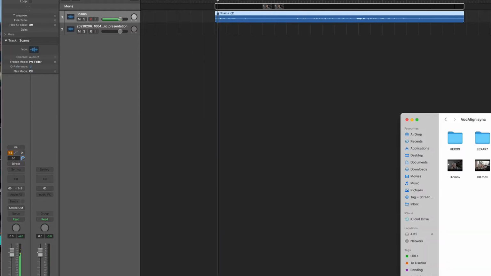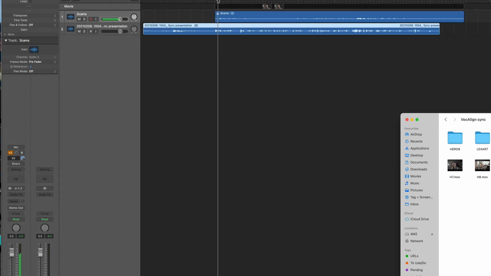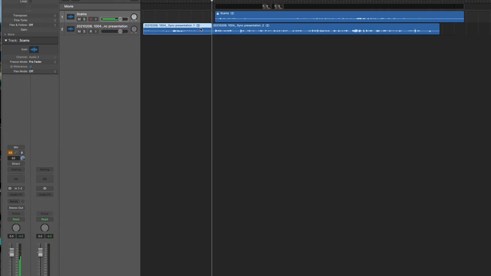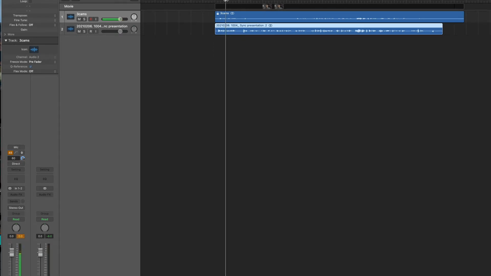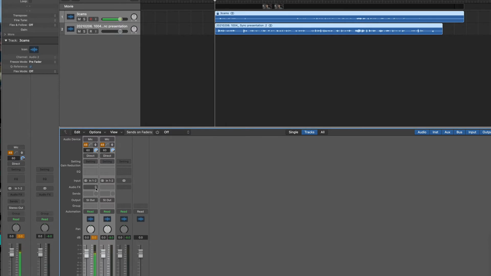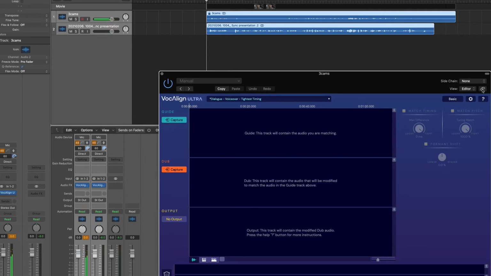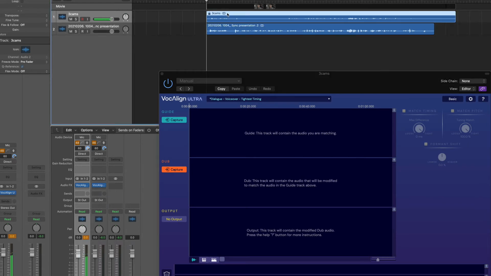And what we are now going to do is drag our audio file in here, and we are going to align our audio file to the camera recording. Okay, so that is okay, it's more or less aligned. What we then do is we select our 2 tracks, and we put VocAlign Ultra ARA2 on both tracks. Make sure that the link icon here is checked,